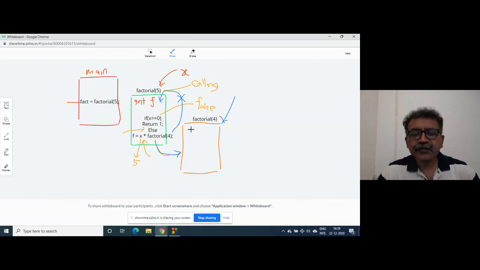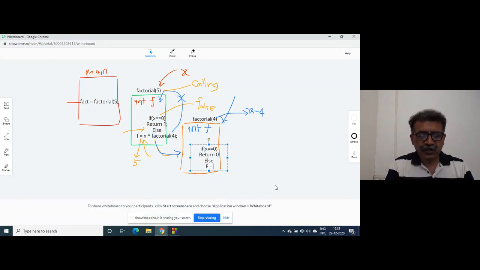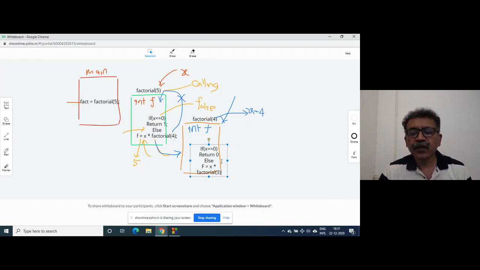And here again, now this 4 is here, this is x, so here x is equal to 4. Again there will be one more of its own variable, that is int f, because a separate body is there. So there will be f again, then this whole code will be there. It is the same body, x into factorial x minus 1. So x minus 1 will be 3. Basically, this is repeated.